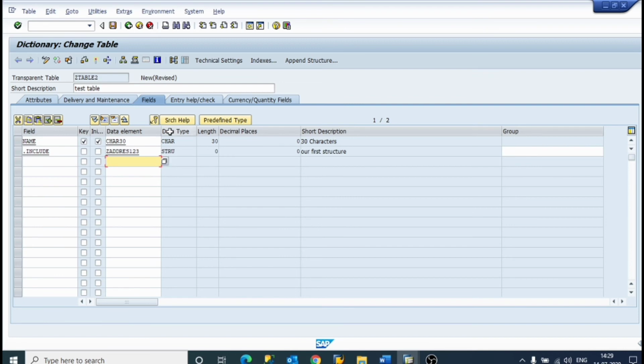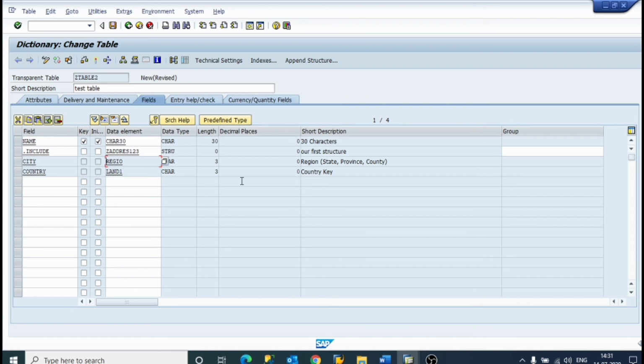See, the data type is structure, length 0, decimal places 0, and the short description is our first structure. Now if we want to see the fields in Z address 123, just click on this and expand all. You can see city, country, REGIO, which is used for region, and LAND1, which is used for country key. Now we have included our structure in a table. This is called an include structure, a way to include a structure in a table.